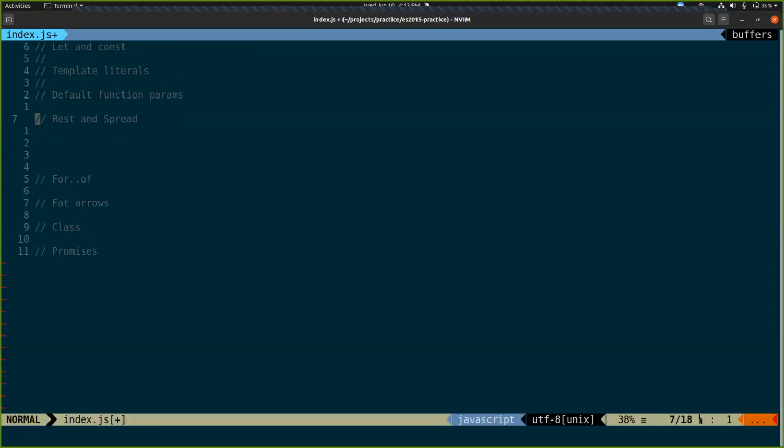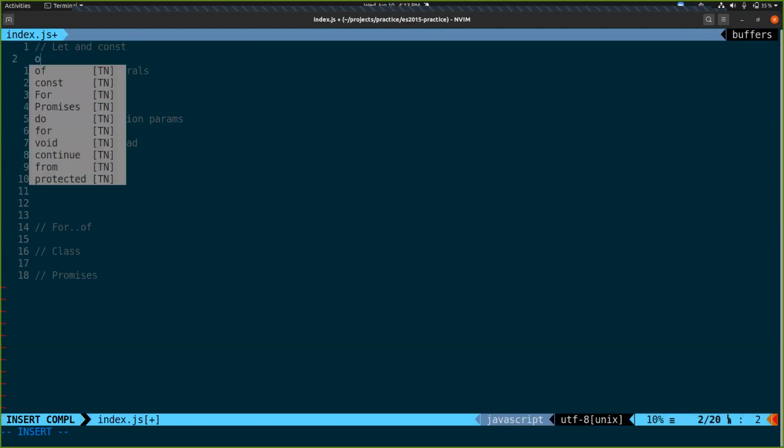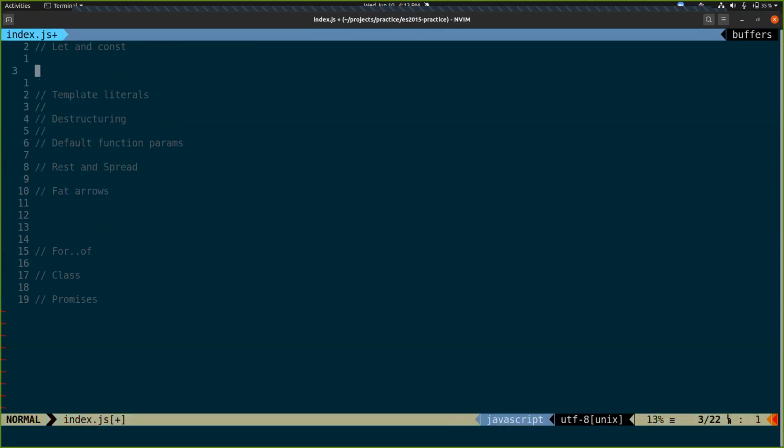A lot of you have gotten pretty solid with destructuring at this point. Default function params, I think some of you have done that as well. Rest and spread, I've seen a few of those also. Fat arrows, all these things we've probably done something with. So let's talk about the stuff we're hopefully a little bit familiar with already.